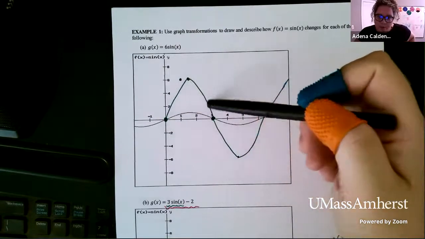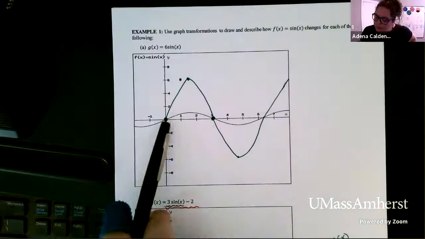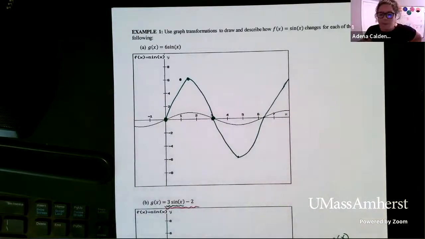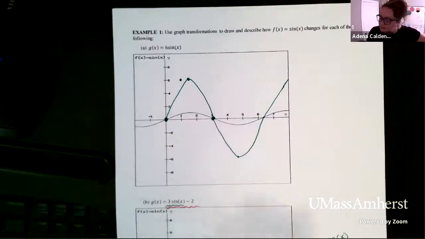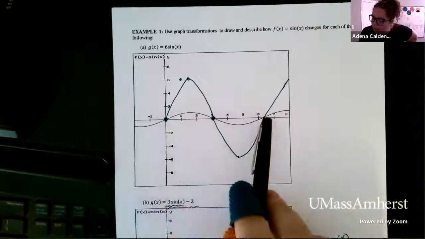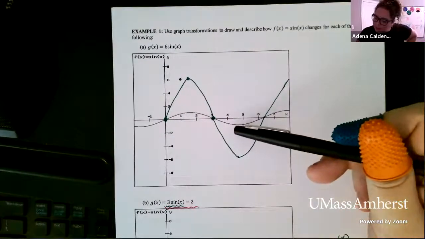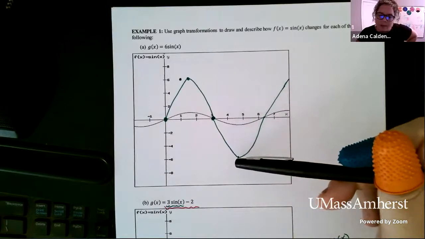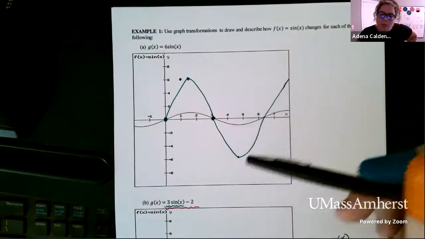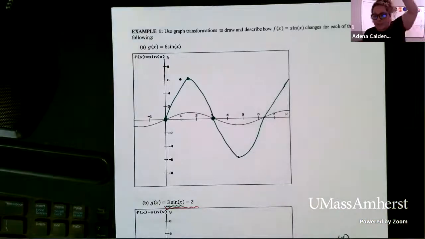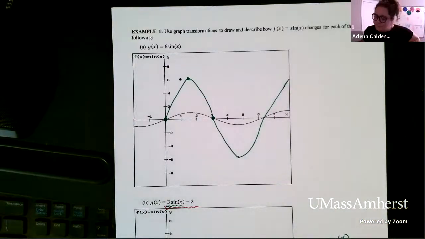Okay, the shape is going to stay roughly the same, and the zeros are going to remain the same because 0 times 6 is still 0. So that helps us figure out where we have to come back to. Over here, we had a minimum value of -1, which now comes down to -6. So we should have stretched by 6 in both directions.